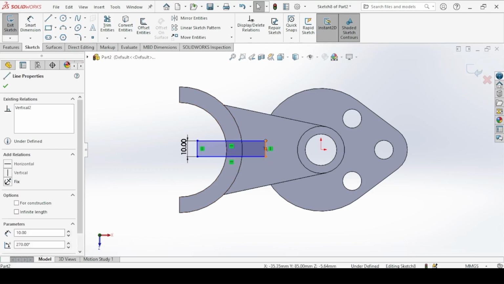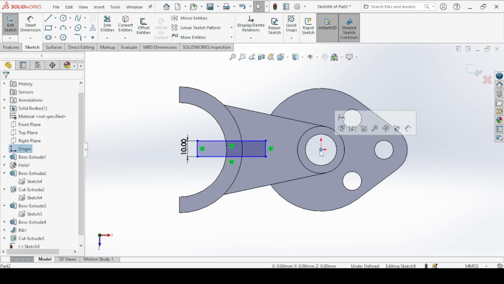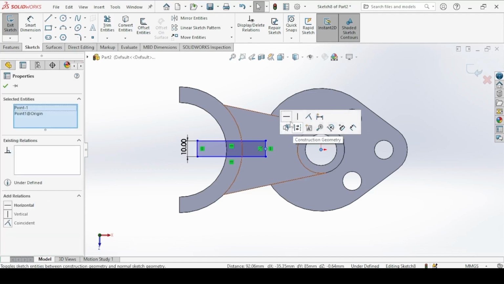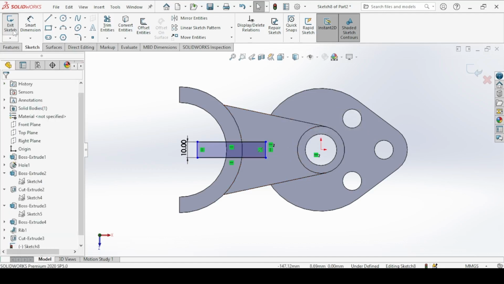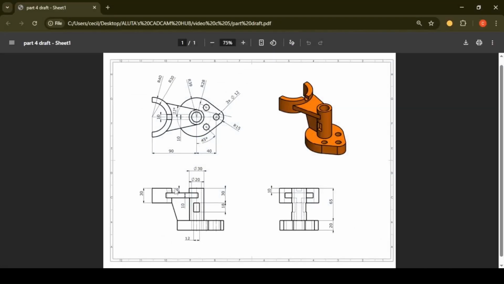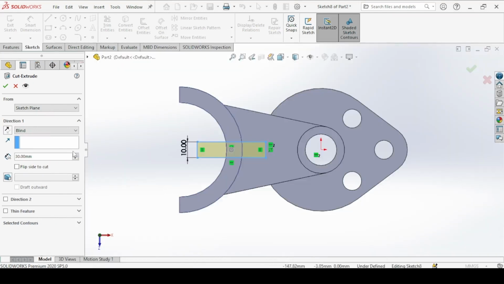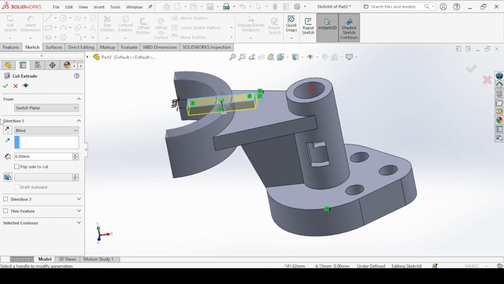Now align the center horizontally with the origin. So hold the shift key and click on the origin and the center here. Make horizontal. So exit. And we're extruding down by a distance of 6 millimeters. Okay.